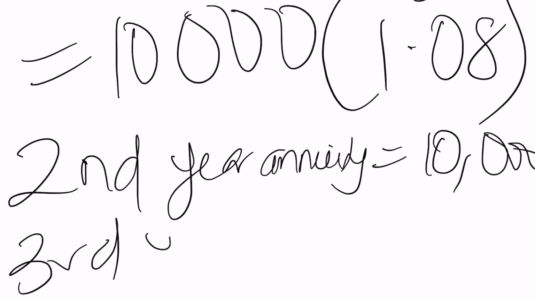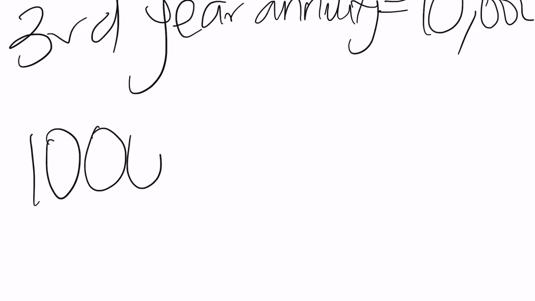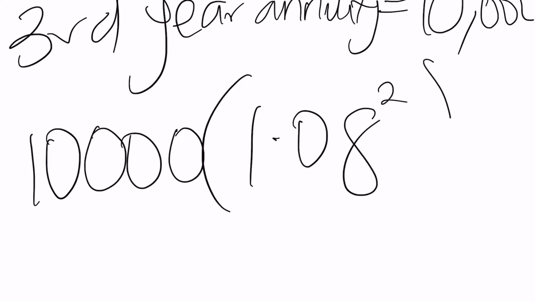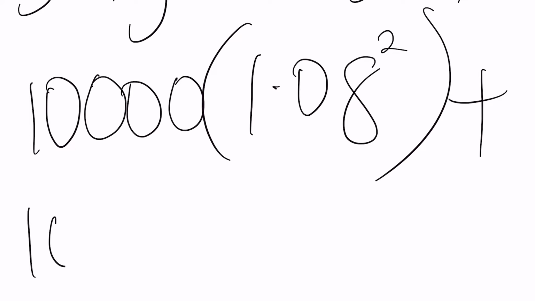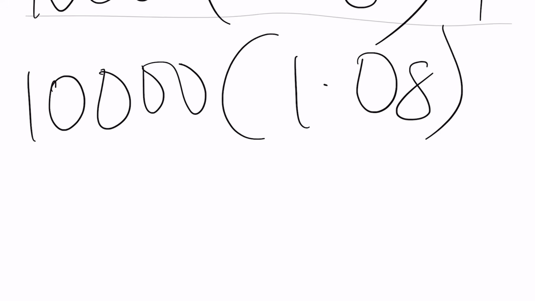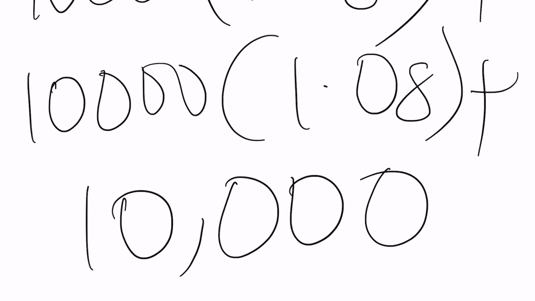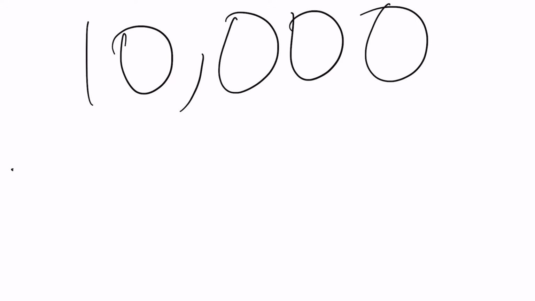The third year annuity also is 10,000. So we add it together. So it gives us 10,000 into bracket 1.08 all squared plus 10,000 into bracket 1.08 plus 10,000. Solving this in our calculator,